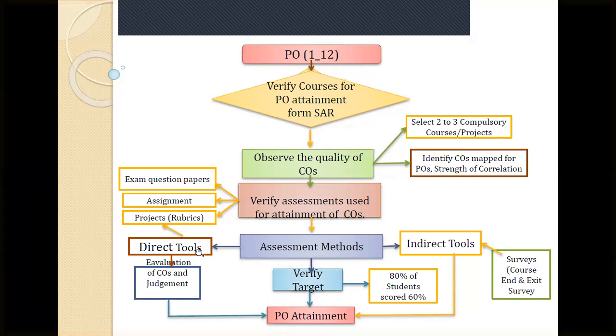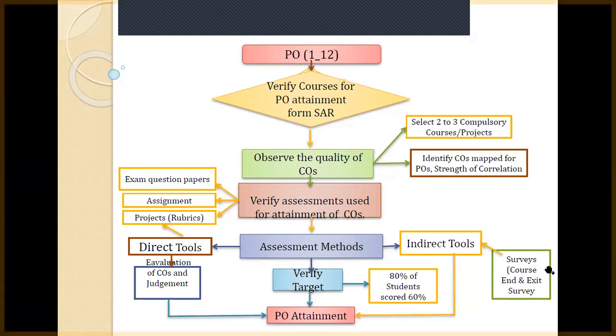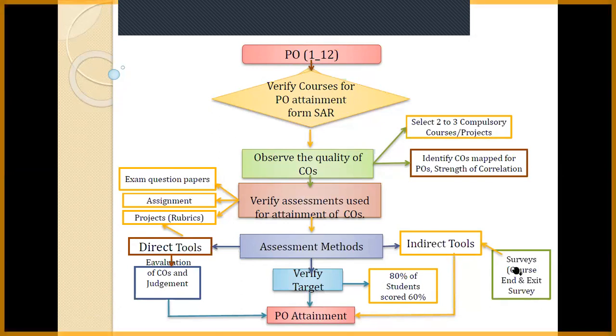There are two different methods, direct as well as indirect. Indirect we always take from the course surveys, because we are talking about courses here. So primarily we'll be focusing on course and survey only, because the CO attainment is what is considered. When it comes to direct tools, we take the evaluation of COs and the judgment is based upon the different